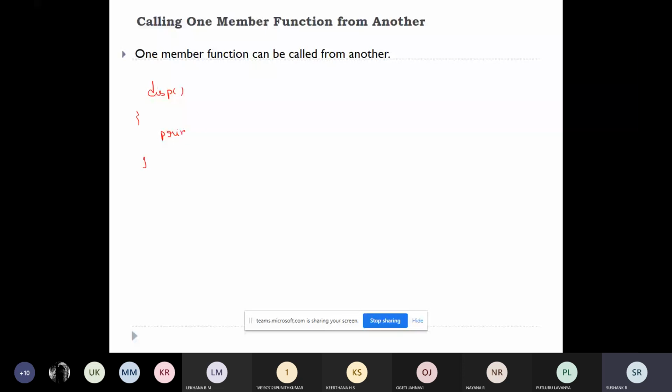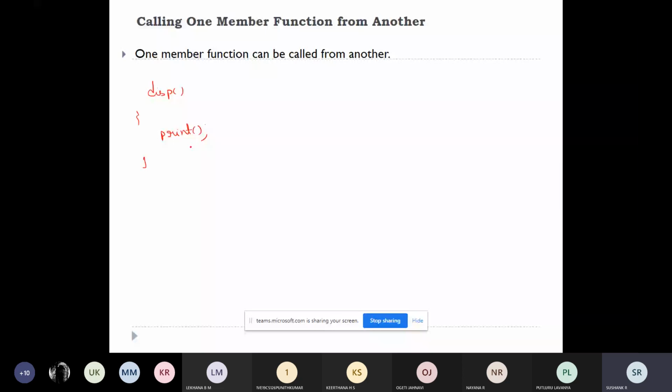So this is the terminology. Calling one member function from another member function means inside a function you can call another function.